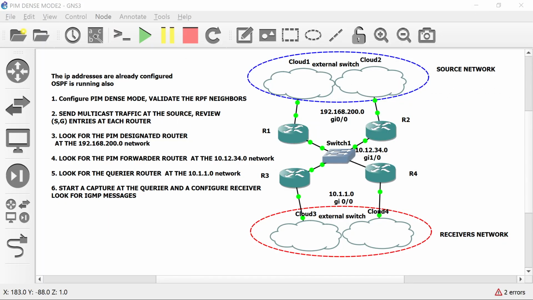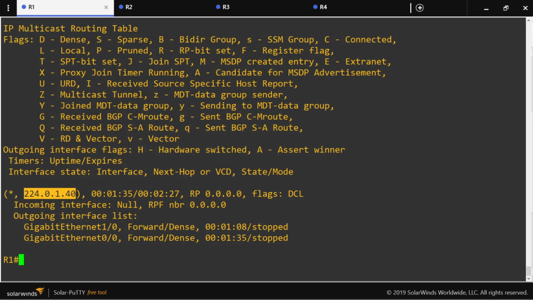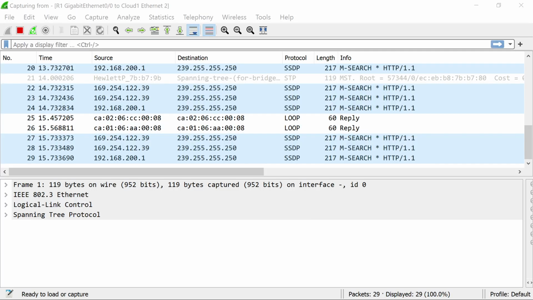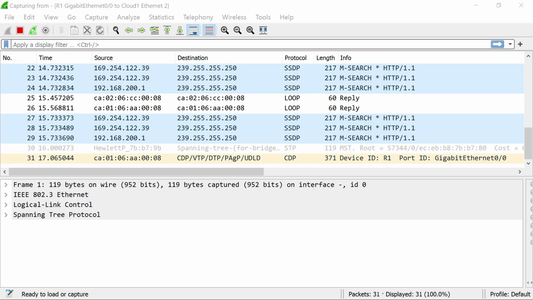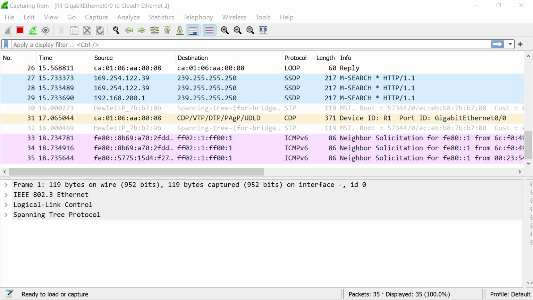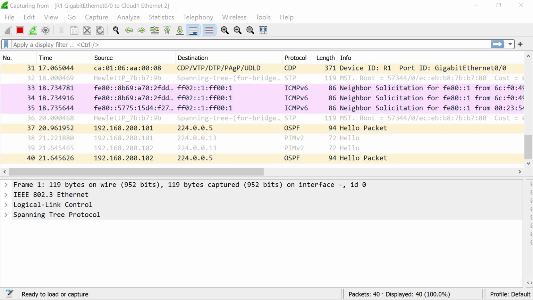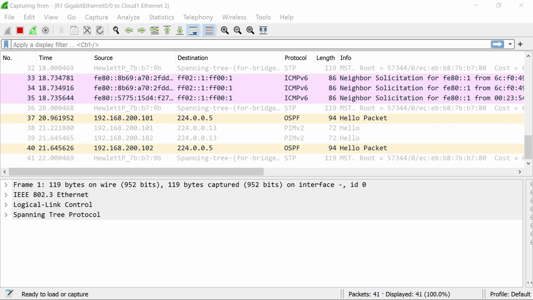Let's go to the routers and see the routing table. It's gonna take a while. I'm gonna pause the video until it starts streaming. Okay, it is not streaming yet. I think I have to add another command here,